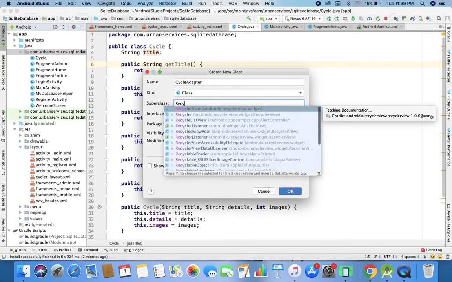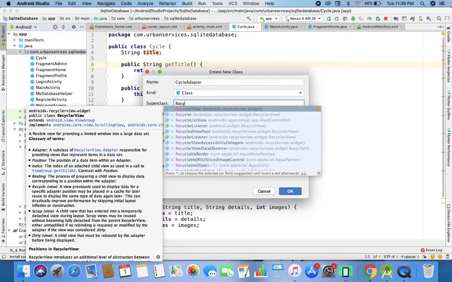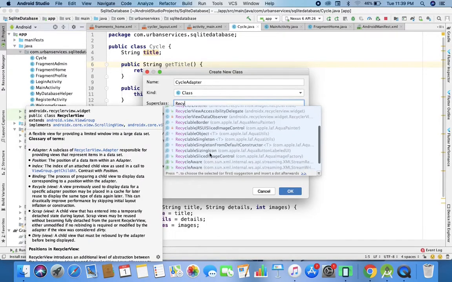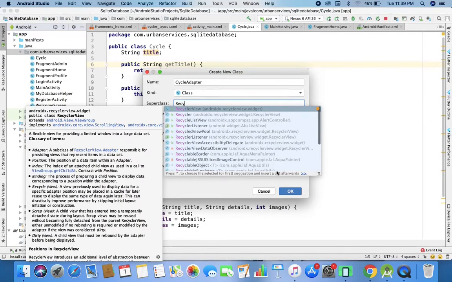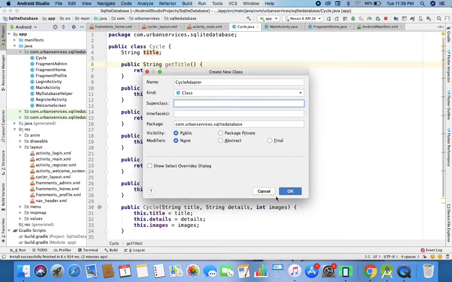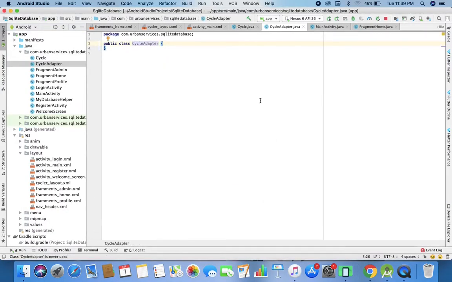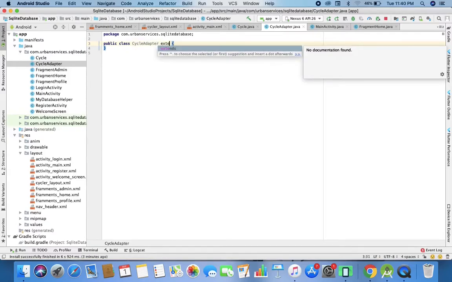Pay a little more attention to this, because we are going to design it, so we don't need any super class here. We'll just write the keyword extends there. So here public class CycleAdapter, and then you write extends